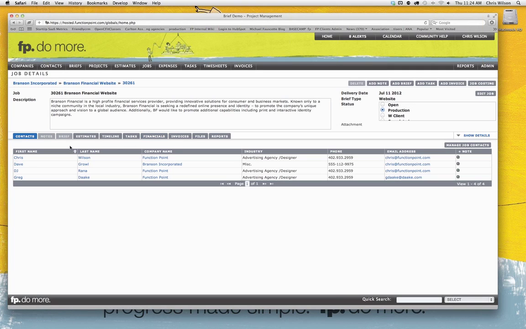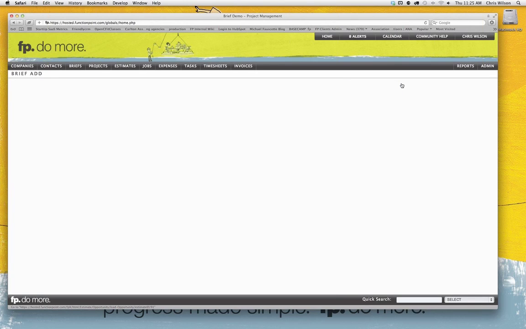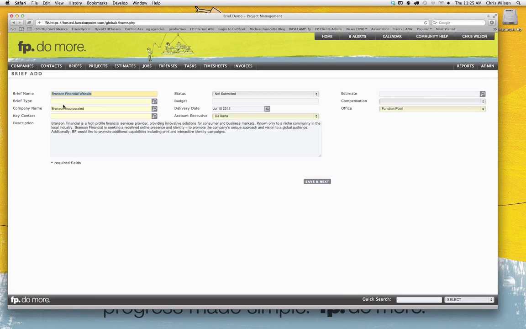But regardless, here you can see a previously opened job has a grayed out tab for brief. That immediately tells us that this particular piece of work does not have a brief associated with it. And again, our action icons in the top give us the opportunity to add a brief to this particular open job. So I select this. It takes us through the same page. It drops us into that brief area.